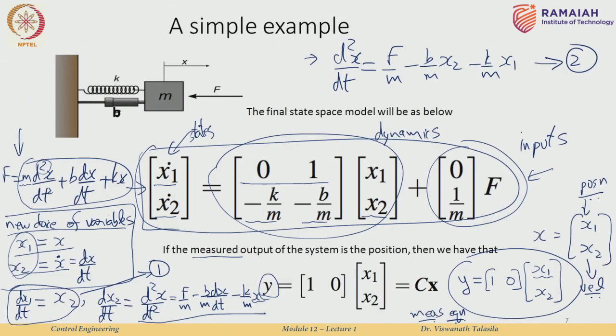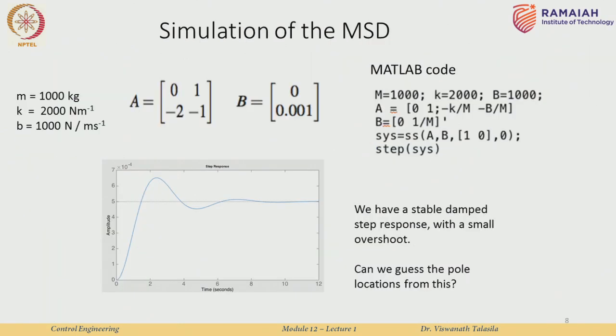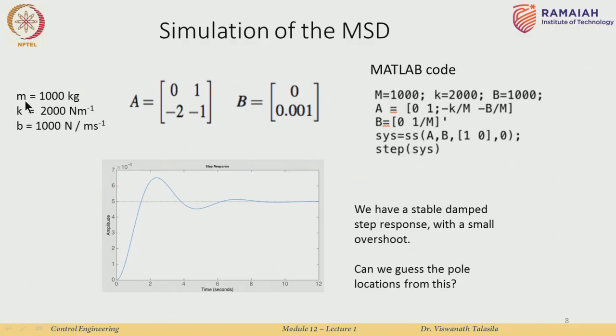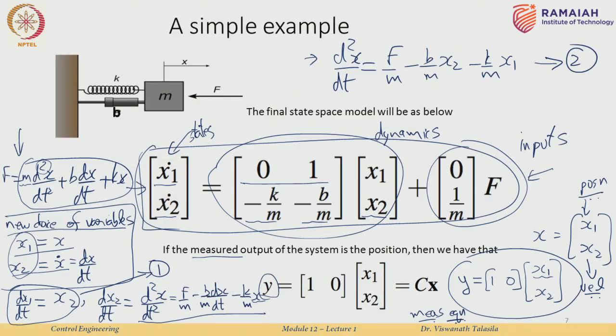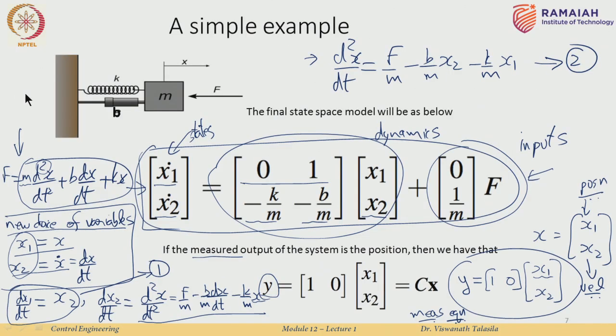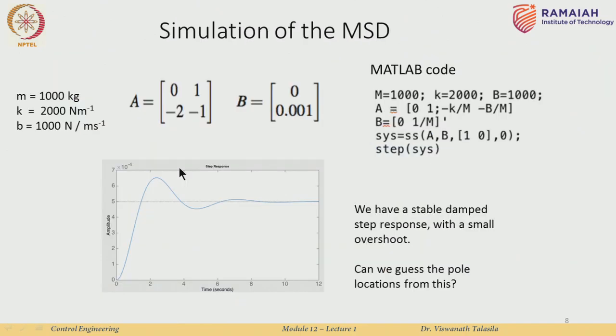Okay, so this was a mass spring damper. Let us see a very simple simulation of this one. Let us say I take mass equal to 1000 kilos, the spring constant equal to 2000 Newton per meter, and the damping coefficient to be 1000. Now, remember my A matrix, this particular matrix over here: 0, 1, minus k by m, minus b by m. It is called the A matrix, and we will see why a little bit later. So when I substitute the parameters k, m and b in this matrix,